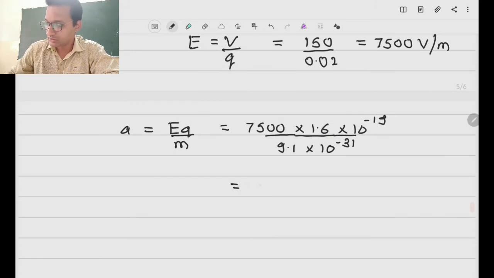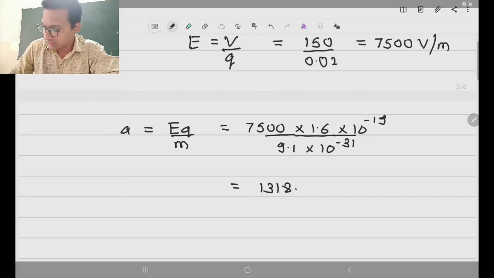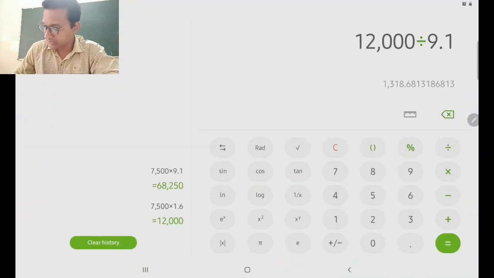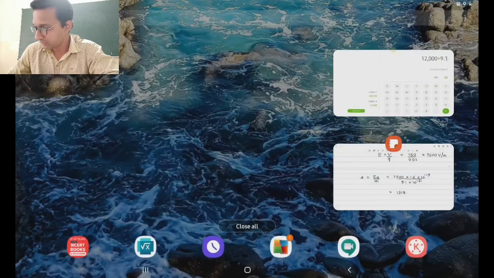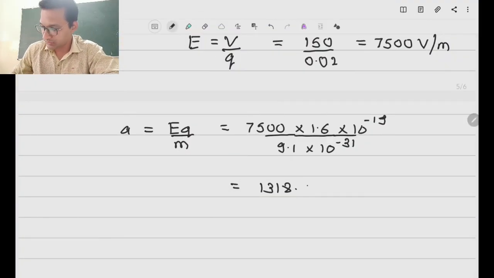So this will give us 1318 point, let me check, 68.68